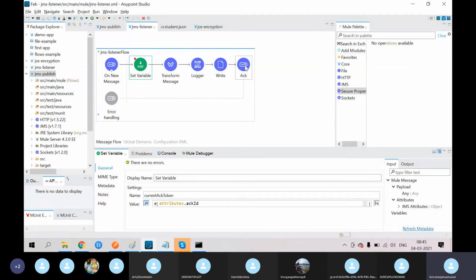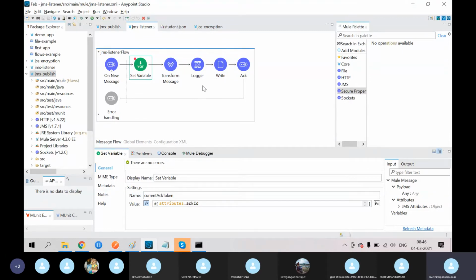So the main thing is the acknowledgement mode. What will happen if you are not using this acknowledgement mode? Whenever you read the data from the queue and while you are processing, automatically it will be deleted from that queue. While processing the data, while writing the data into the file, if you get any error, you will lose the data from the queue. Why? Because whenever you read that data, automatically that data will be deleted from the queue. And also while processing the data, if you get any error, the data will not be saved into the file either. In that scenario, you will lose the data. So then reliability will be missing.